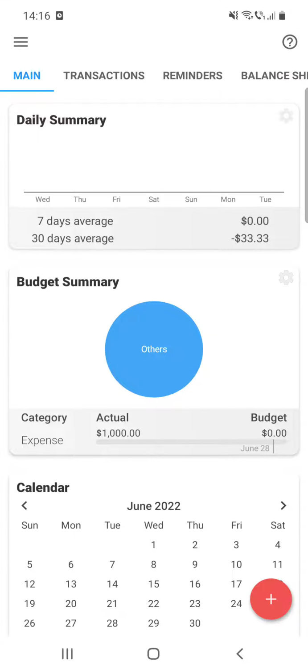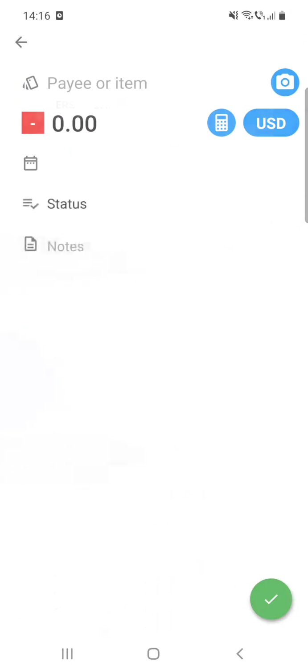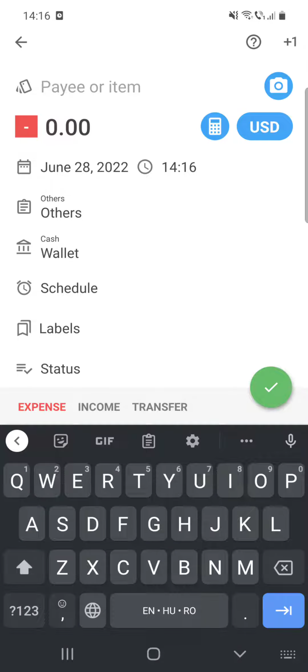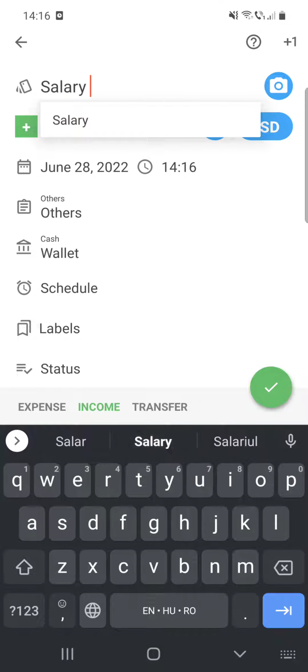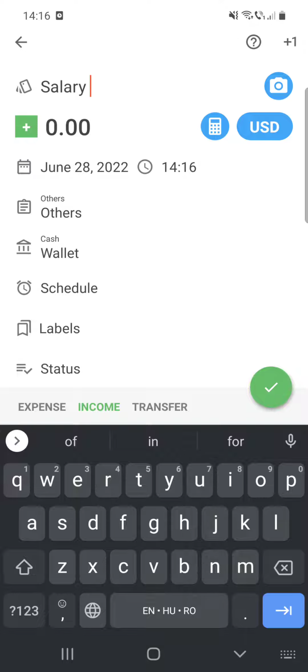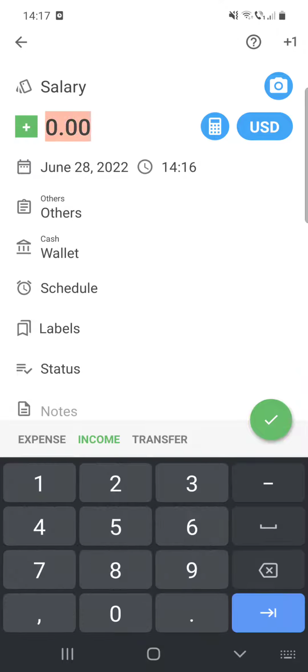So after you open the app, click on that plus icon at the bottom of the screen, and now you can see that we are at the expense section, but you have to click on the income. So here you have to type in the name of income, let's say salary, and you can take a photo if you would like. After that, there is the section where you have to type in the amount of money